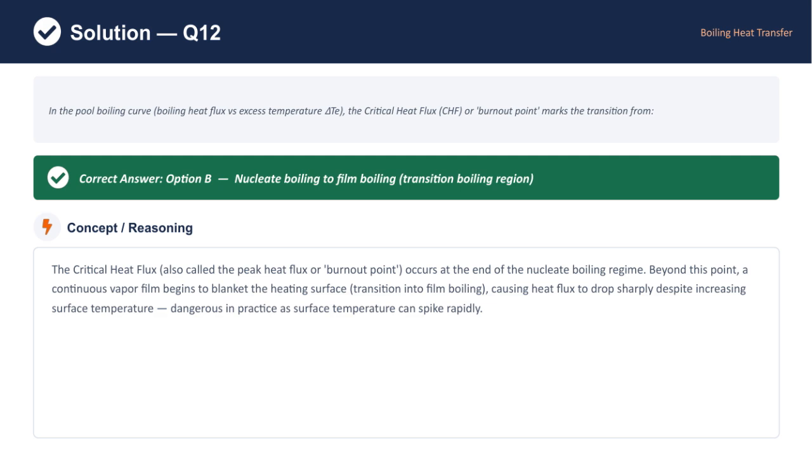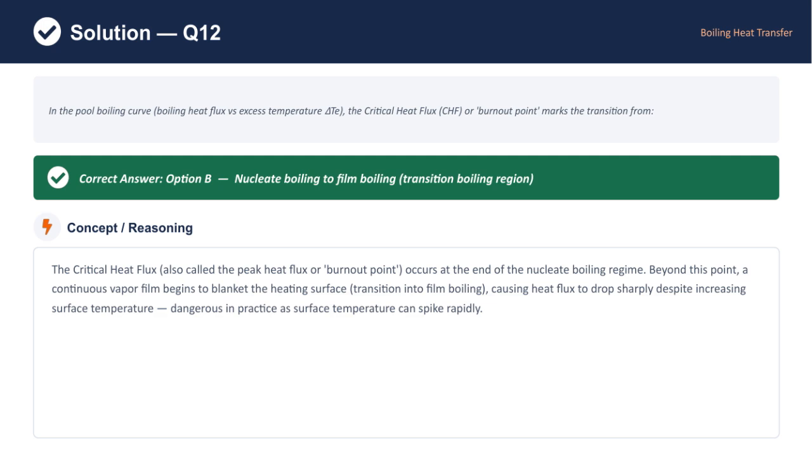This is a crucial transition where the boiling mechanism shifts from nucleate boiling to film boiling, passing through what's known as the transition boiling region. At this burnout point, the heat flux reaches its peak, but beyond it, a vapor film forms continuously over the heating surface. This vapor layer acts as an insulator, causing the heat flux to drop sharply even though the surface